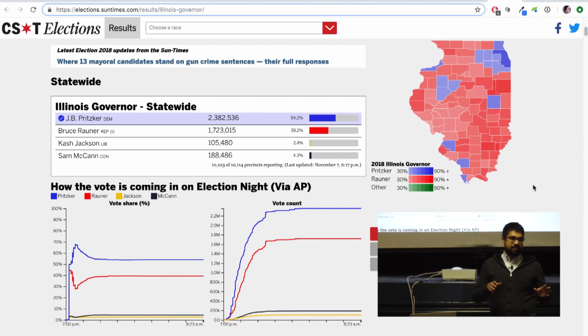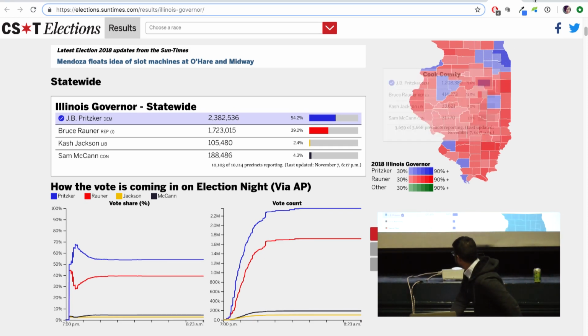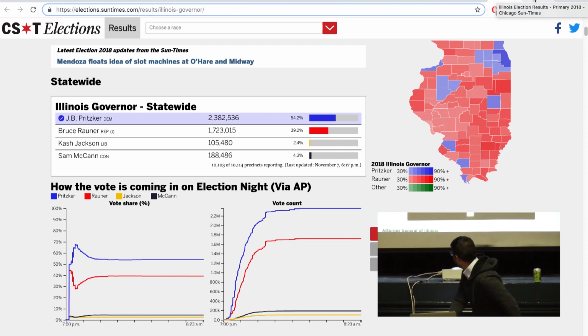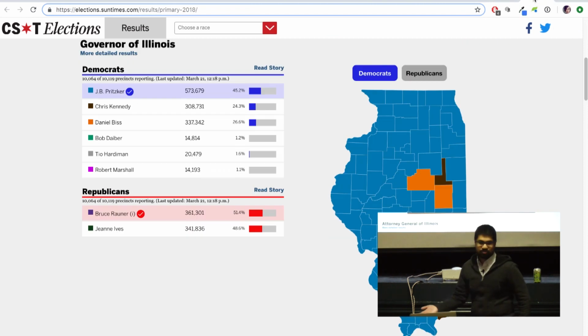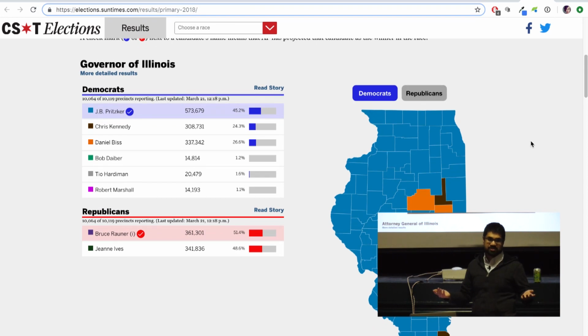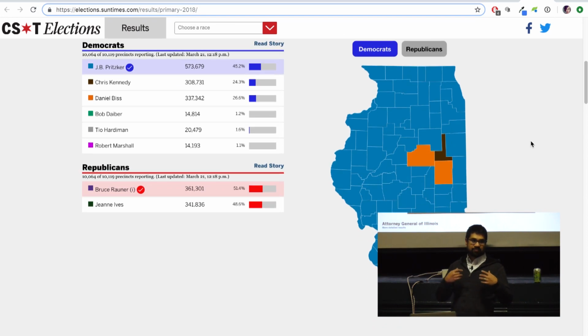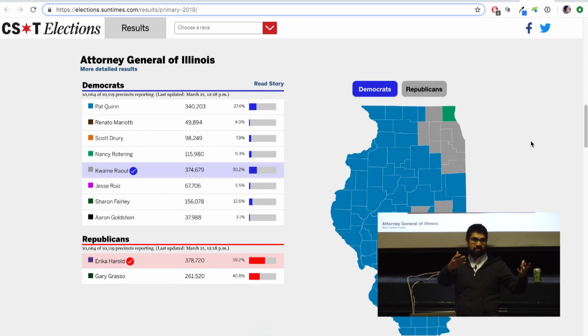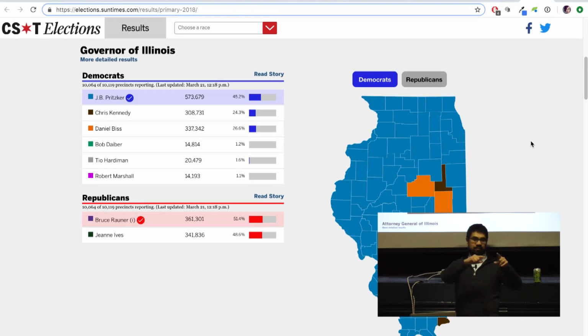But there's the challenge of that in that one because it's not a binary red versus blue. So I pulled up, this is what I did for the primaries. It's a little less polished. But no one knows what that blue color means. I had to come up with like 6 different colors for all the Democratic candidates. So that's going to be a challenge, being able to show people, like I don't want people's eyes going back and forth between the legend and the thing. But that didn't answer your question.